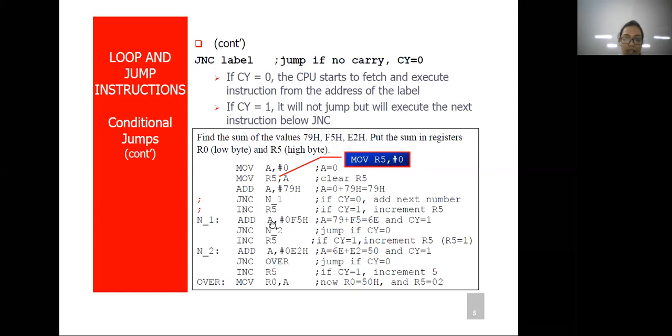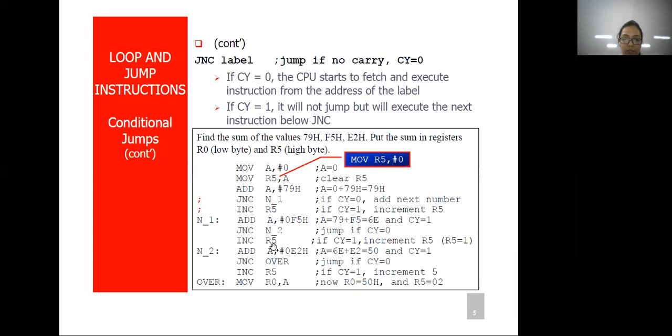Now again the accumulator content, which is 79H, will be added further with 0F5H. Now jump if carry is 0, but here the carry is already set in the previous addition operation, so it won't jump to N2. It will follow the next instruction, which is increment R5.